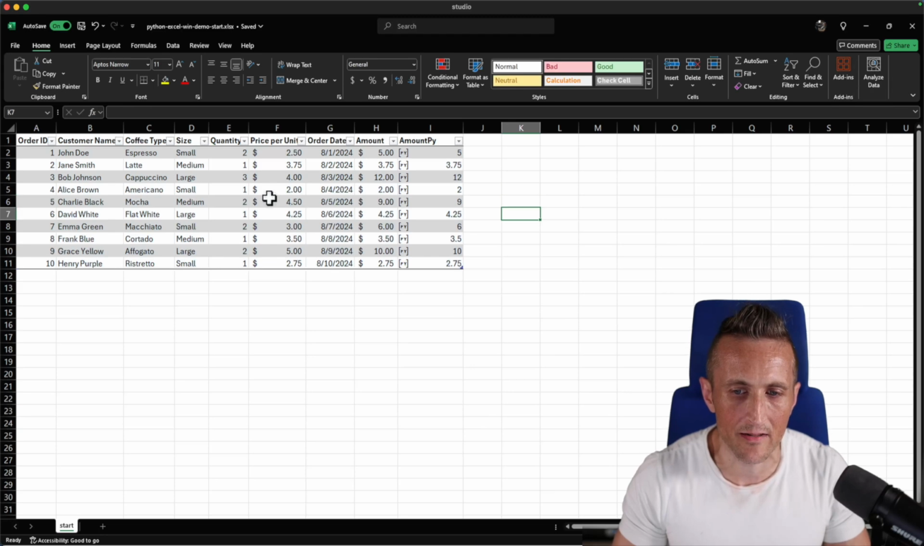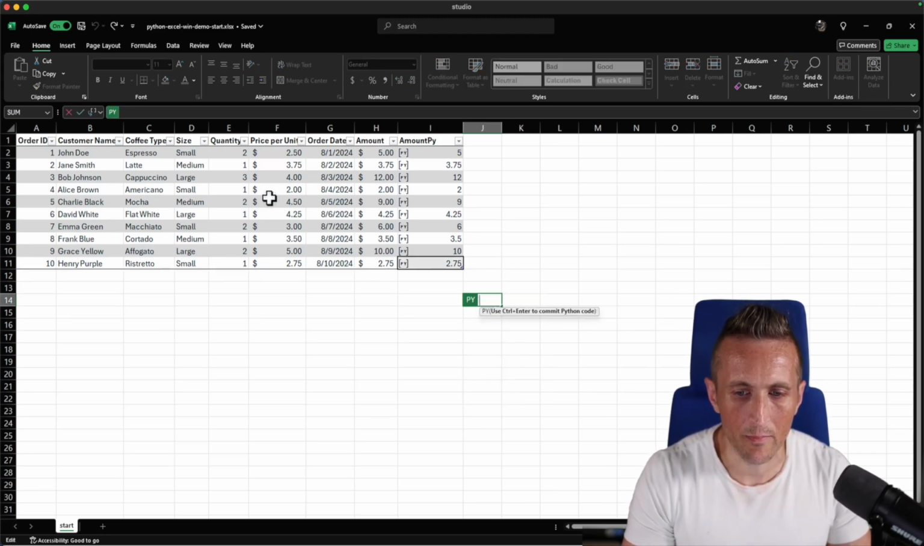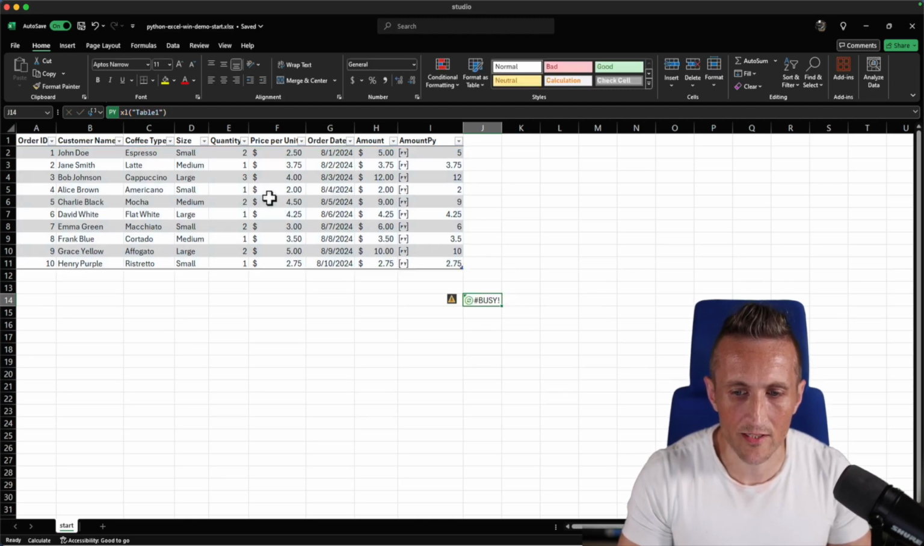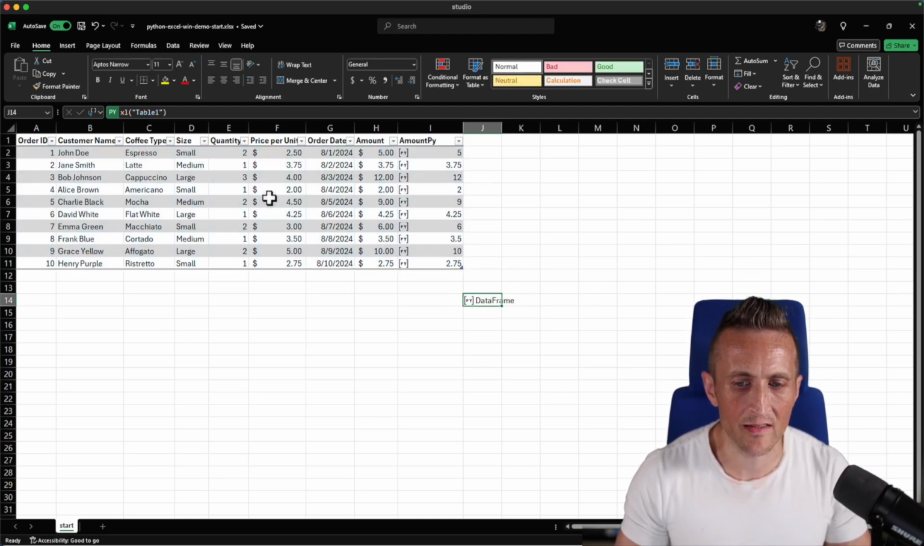So I'm going to cancel out of doing that. I'll come down here after the table somewhere, and I'll start that back up again. Python, Excel, and then table 1, tab, Control Enter. It's busy working, and in this case, because there are multiple cells and rows that are referenced, it's an entire